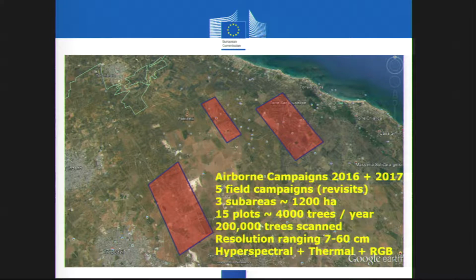At the same time, 5 field campaigns or revisits, 2 of them coincident with the airborne campaigns in 2016 and 2017, flying 3 different sub-areas of 1,200 hectares, monitoring 15 plots of around 4,000 trees per year, with the airborne remote sensing, over 200,000 trees scanned every time, with resolutions ranging between 7 and 60 centimeters,